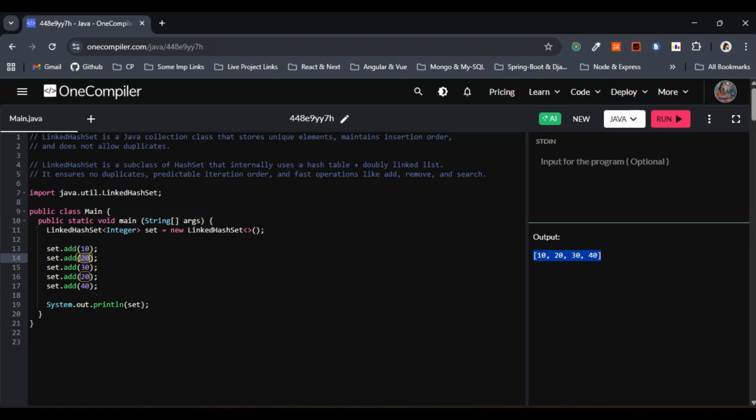The second one, it is used in the browser history tracking. So this is also one of the real world applications. Third one, LRU cache implementation. We can make use of the linked hash set for the LRU cache implementation, right? So this is optional, but we can. The fourth one is